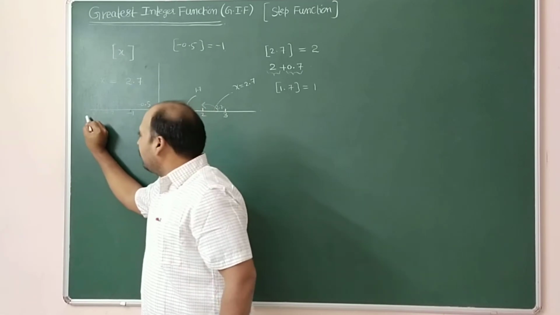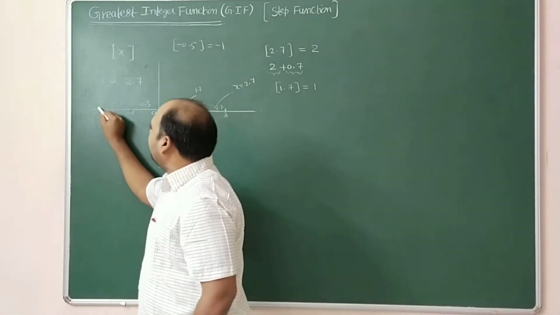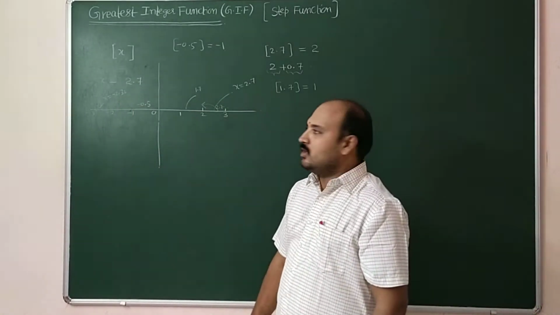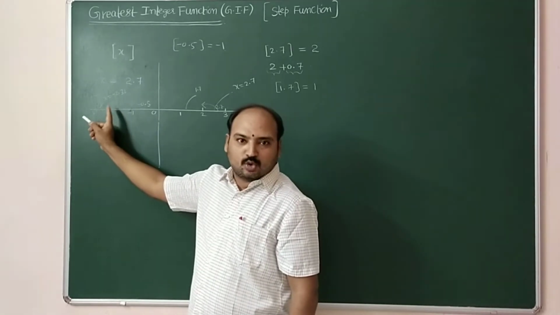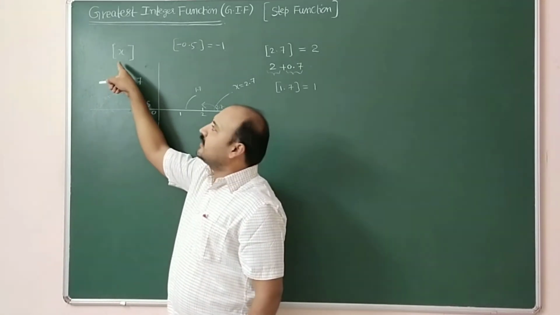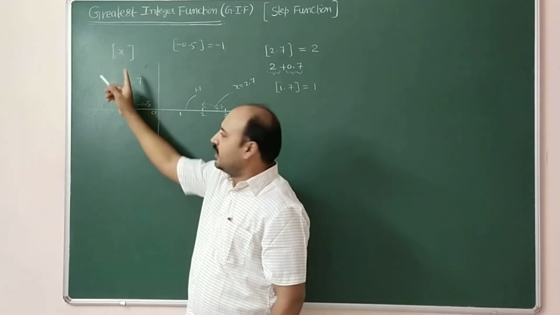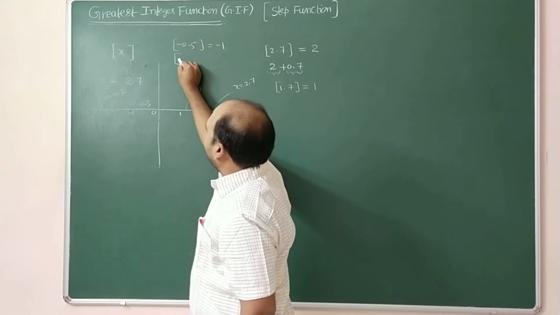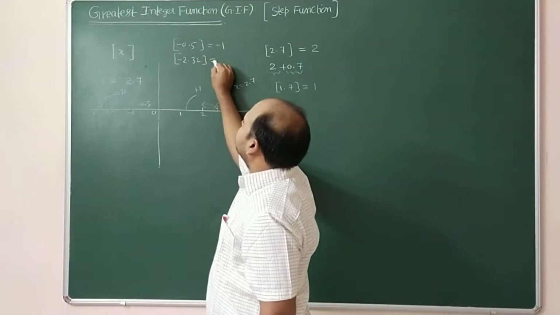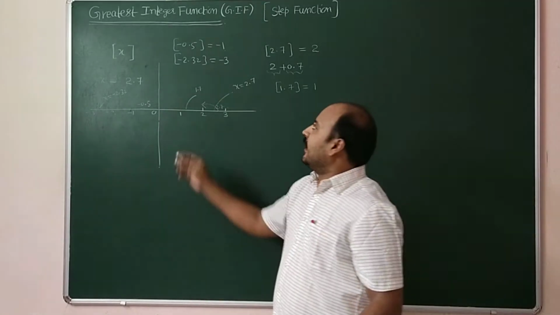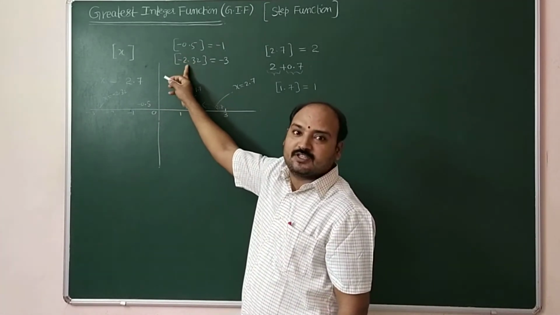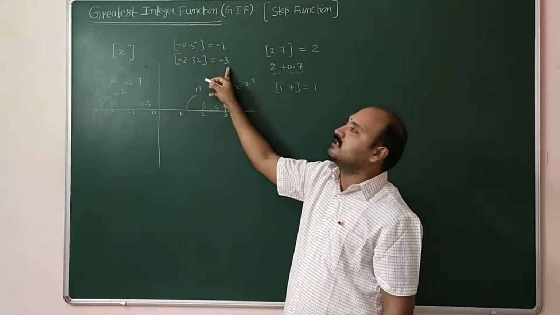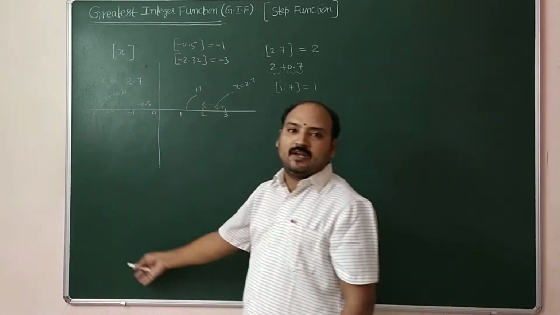Next, in between minus 3 and minus 2, any value you can take. Suppose x is equal to minus 2.32. In the step function or greatest integer function, it will take the immediate left value. What is the left value here? Minus 3. So step of minus 2.32 is equal to minus 3. While writing the negative values of the step function, be aware, dear students, that the step function value of minus 2.32 is equal to minus 3. This is the way we can define it.